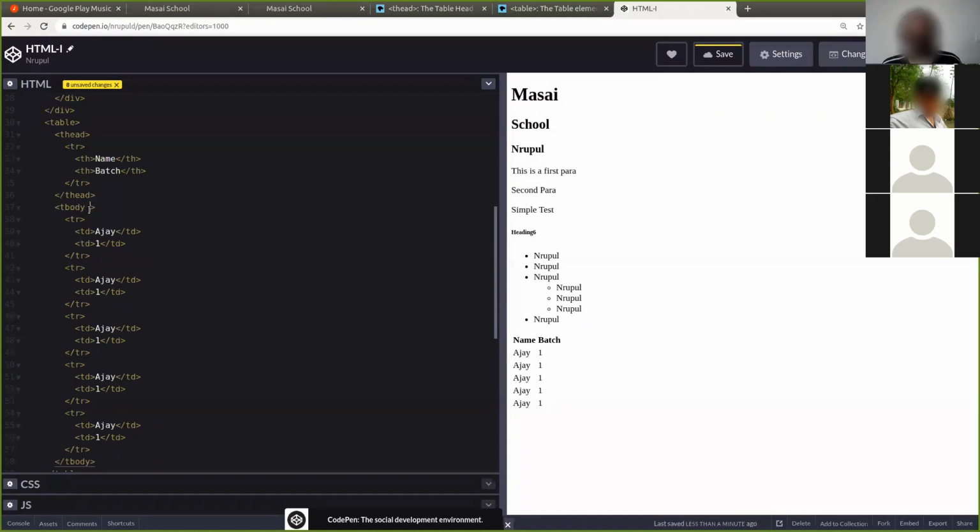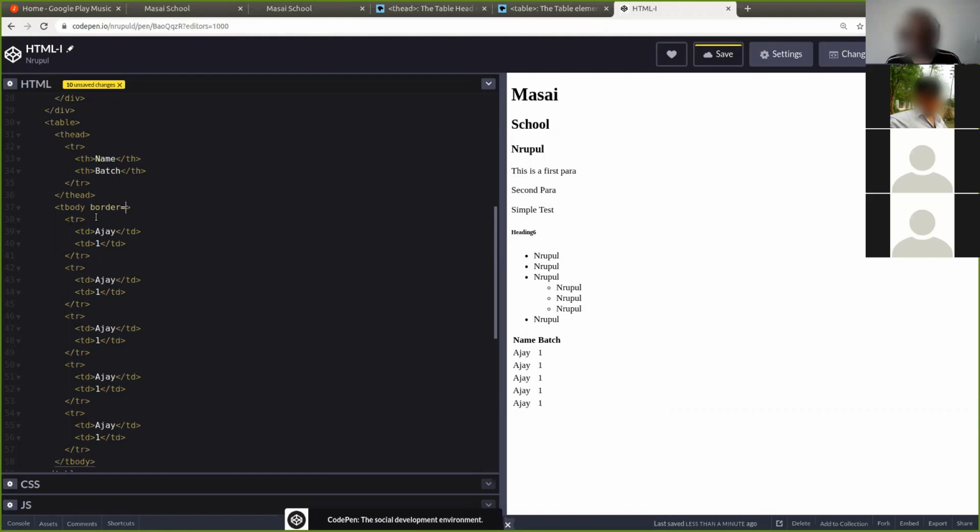After you define the tag, put one space, and there's an attribute called border, and equal to. It's an attribute which we call a key, and it has a value. It's like roll number 1. Each tag will have certain properties.